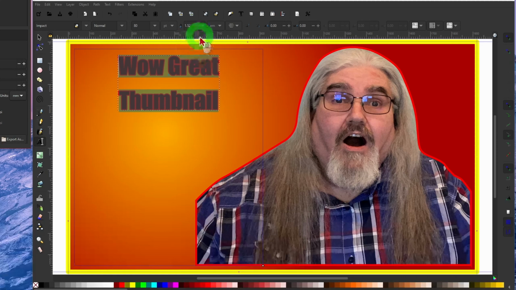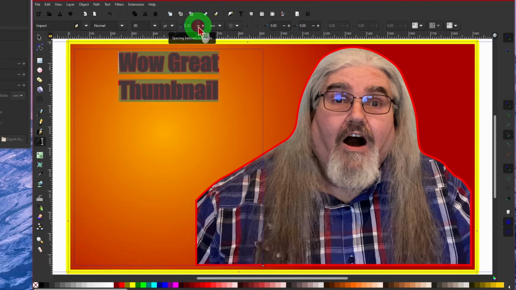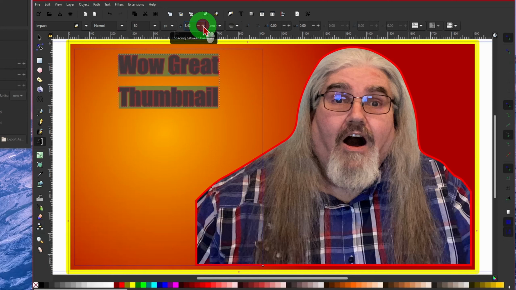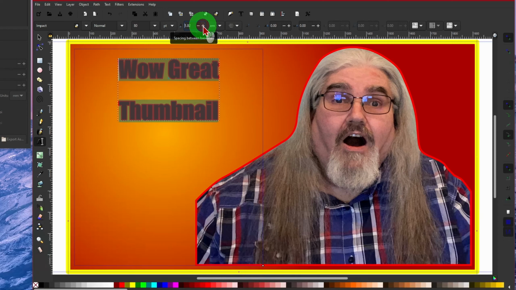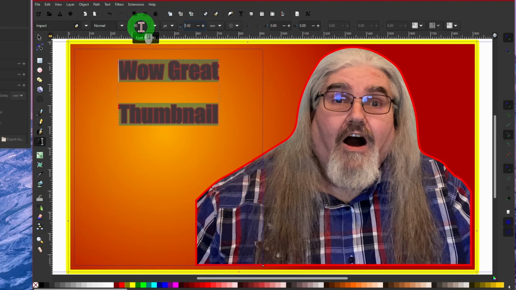Okay, and we can change our vertical spacing here if we want to. Actually, I think I will leave it a little wider spaced, and then we're going to make our text bigger. Now you can either do it this way by changing the actual size, but I find it easier